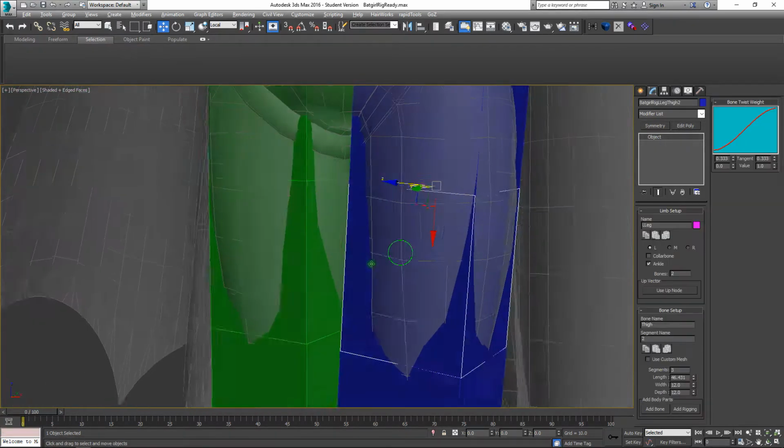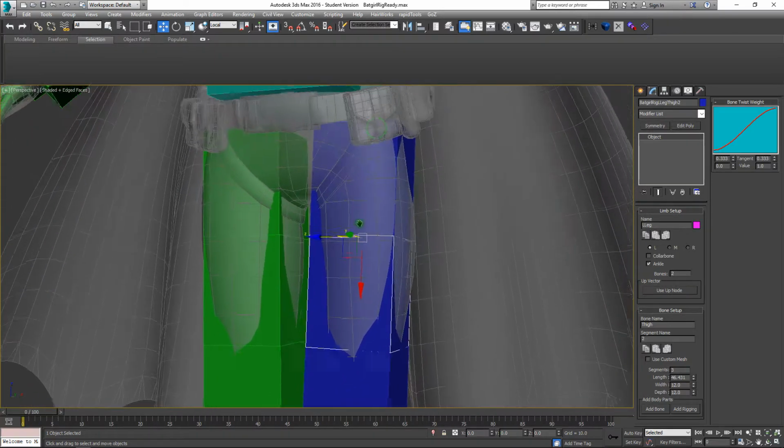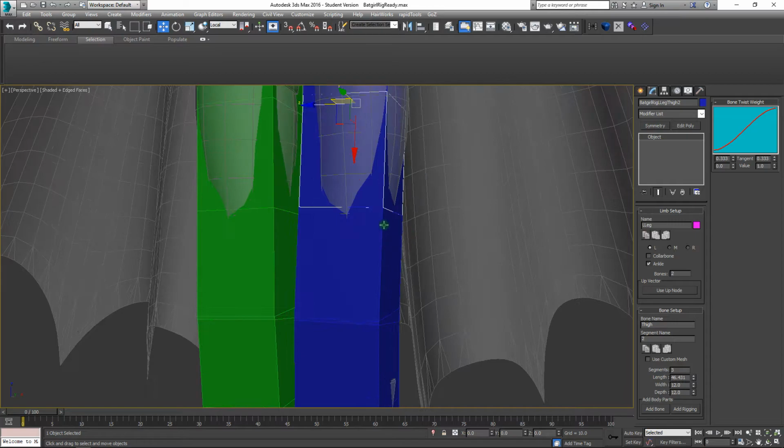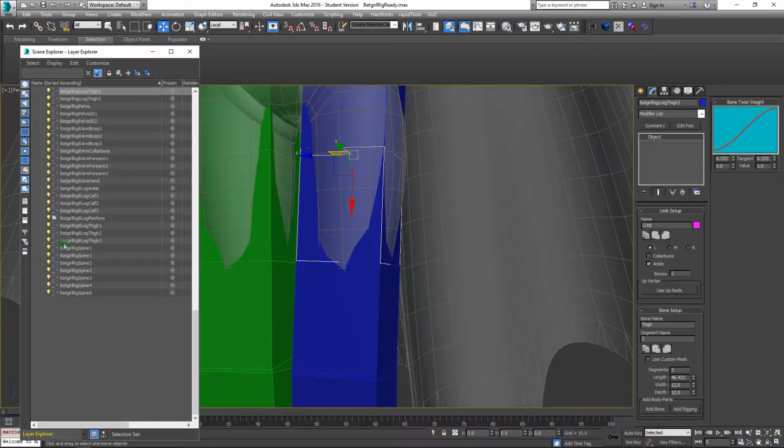Here, what I'll do is I'll do this on one of her thigh bones. So we'll start with the central thigh bone. The only reason I'm going to start with this one is it's the easiest one to do, so it'll make for a shorter example. So the first thing I need to do in this instance is go into my